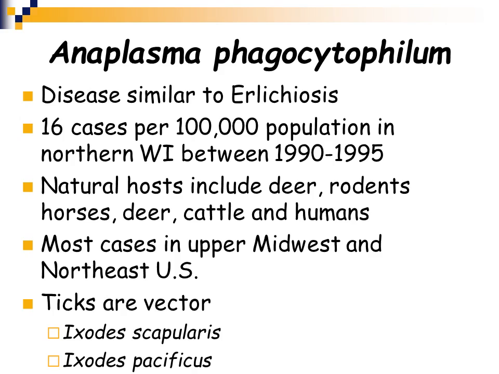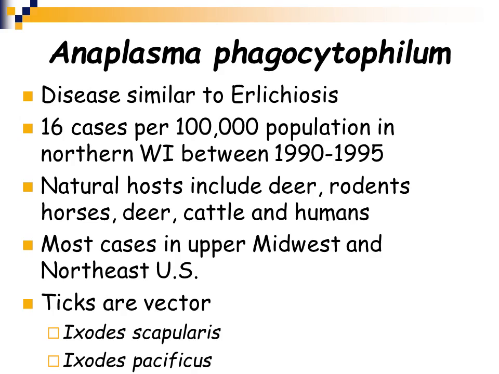So it's not a very common infection, but it is more common in certain regions of the United States. It's more common in the upper Midwest, such as northern Wisconsin, northern Minnesota, as well as the northeastern region of the United States. Ticks are the vector of this disease, and specific ticks, Ixodes scapularis and Ixodes pacificus, are the